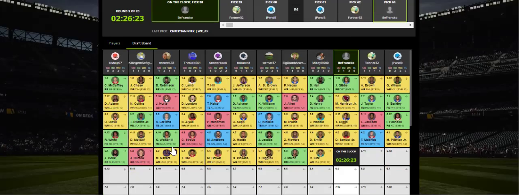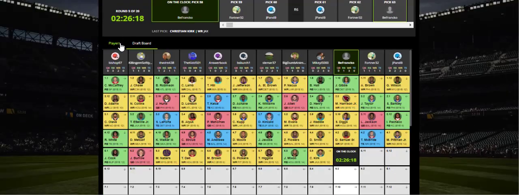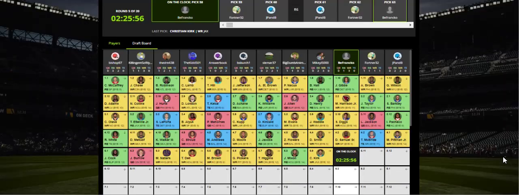I was drafting a ton of them last year, trying to change up my strategy, and hopefully a more effective strategy this year. So my strategy for this one is to take the QB, pass on the tight ends, try to build up my running backs and wide receivers, and hopefully look for other quarterbacks and tight ends that are either way below value or just keep on building up the wide receivers and the running backs. At the end of the draft, I'm going to most likely take three tight ends, right? If one doesn't just fall in value. And those three are going to be someone, and Woods.